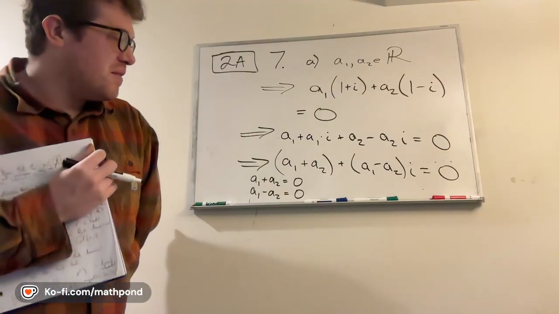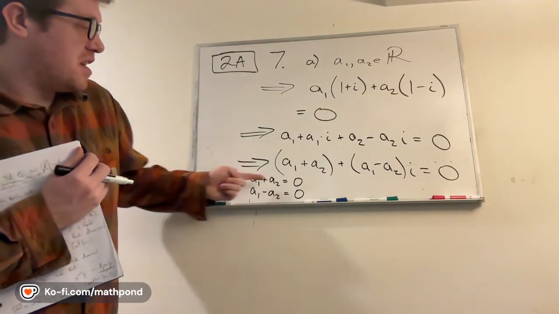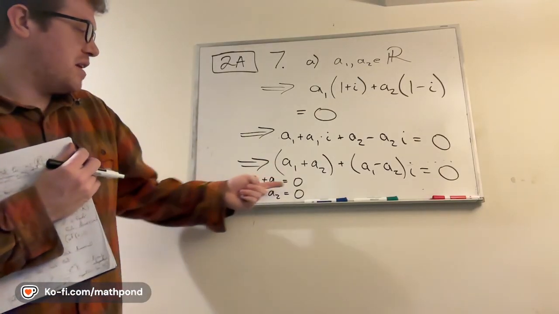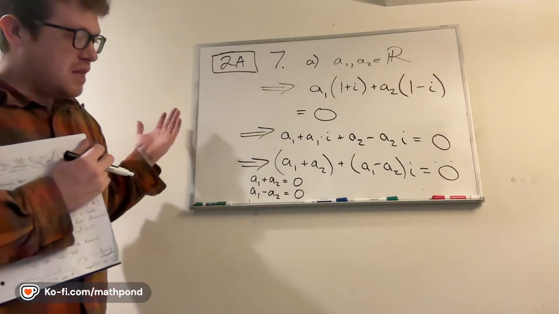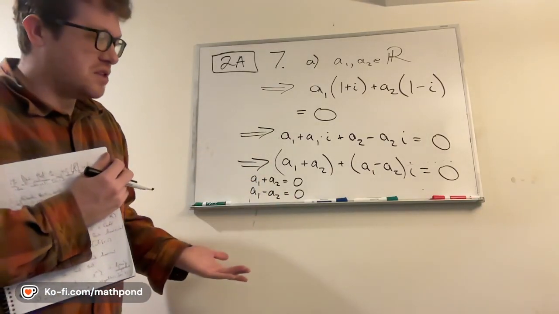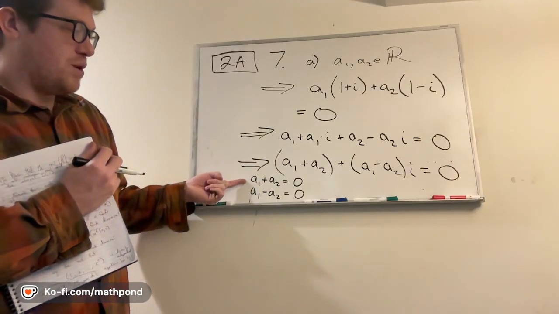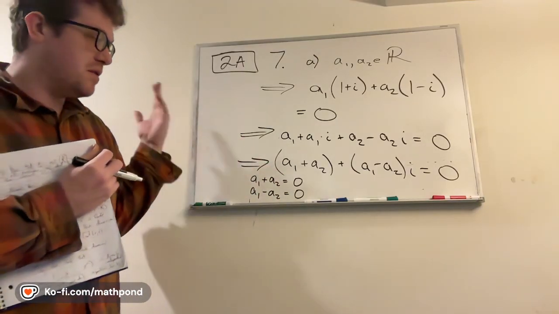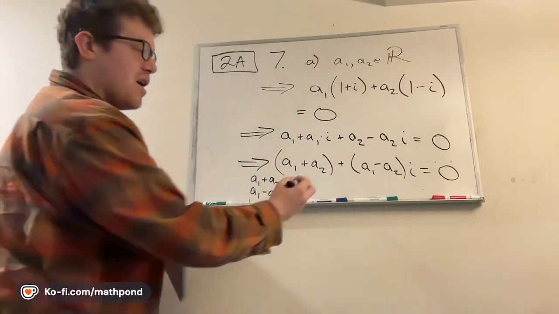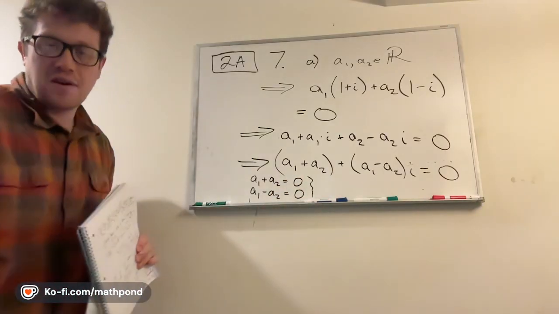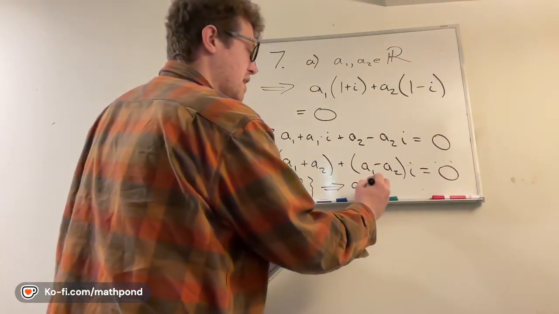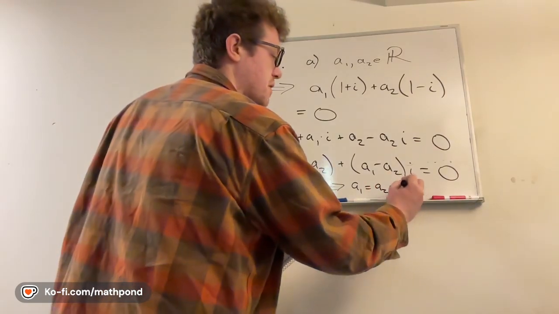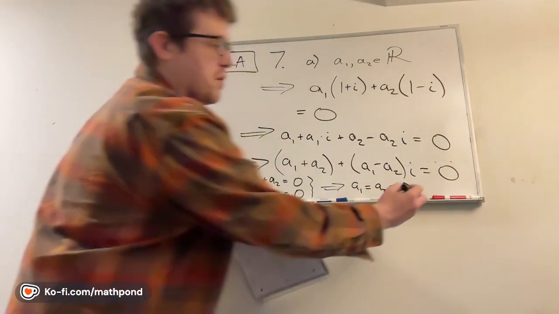How do we solve that? Well, a1 is equal to negative a2. You can plug in negative a2 here. You get negative 2 a2 is 0. Divide by negative 2, you get a2 is 0. If a2 is 0, then a1 is 0 because their sum is 0. However you want to think about it, you can solve this system of linear equations simultaneously, and you show that a1 has to be equal to a2 has to be equal to 0. And that's what we wanted to show,